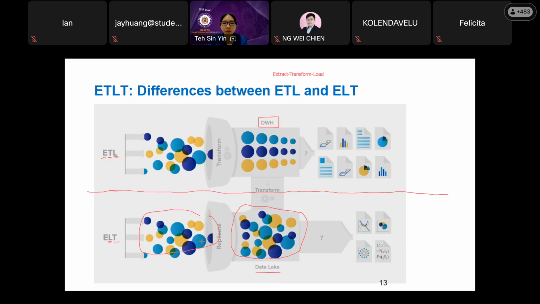Whatever data we have, unstructured or semi-structured, we load into our data lake. Later we decide whether we want to use it or not. For a data warehouse, we make it into a structured form because most of the time we already know we want to use it. In the data lake, only when you want to use it later do you do the data transformation.